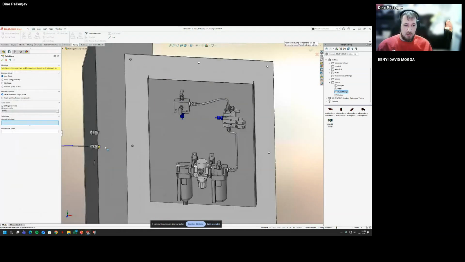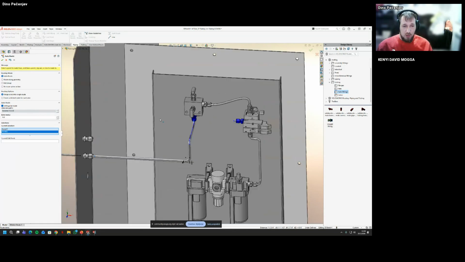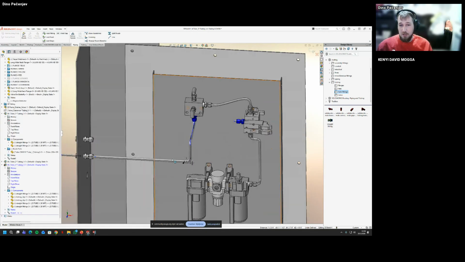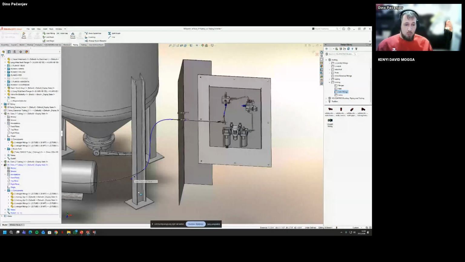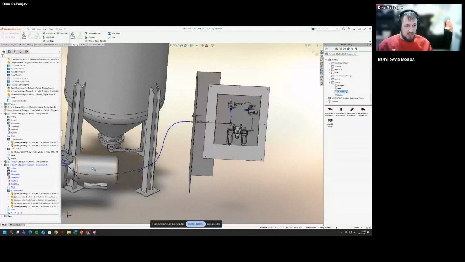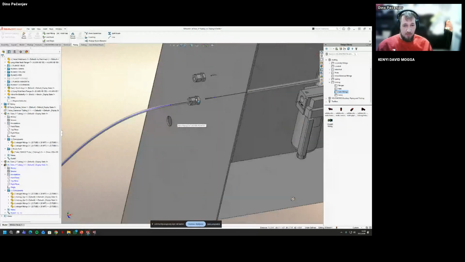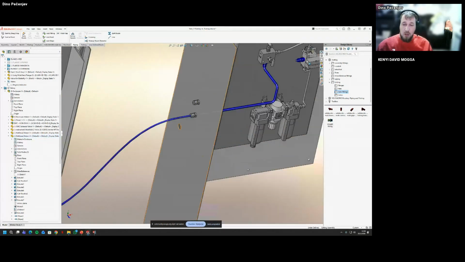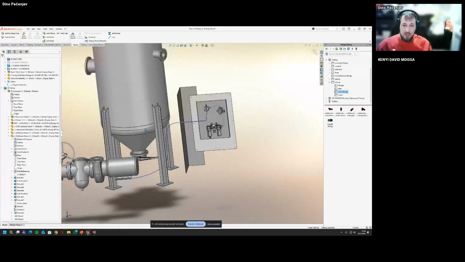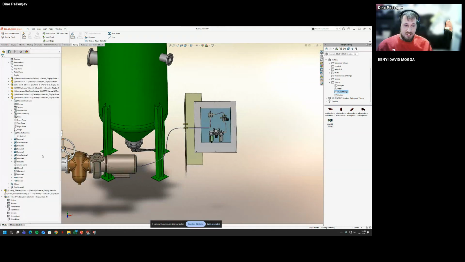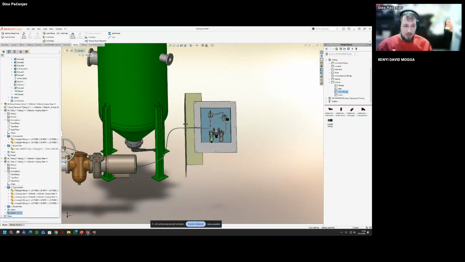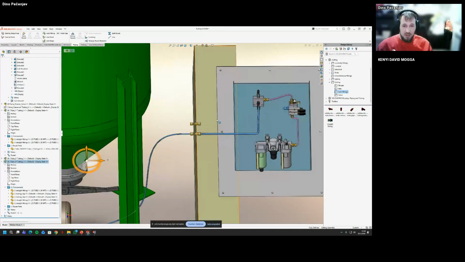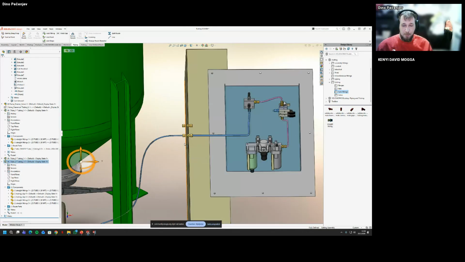So let's say I'm going to use orthogonal route here. So I'm not going to do a flexible one. So we have this, and I can create a T and connect it. What I want to show here, when we're doing this bit, when we have a component that is not part of this routing assembly, this part of the route might seem disconnected, because here are four components and everything is this, but not this part of the fitting.